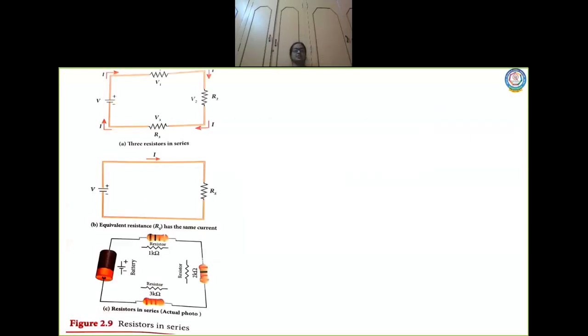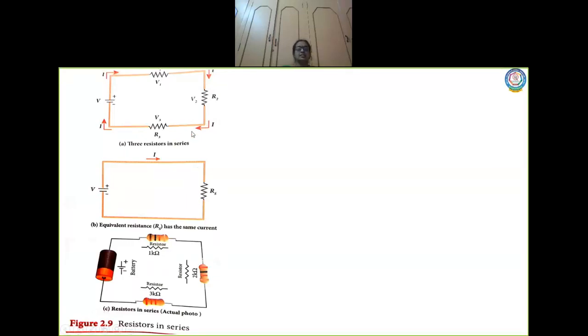Look at this diagram, children. There are three resistors. Look at the first diagram. In this first diagram there are three resistors. Here is resistor R1, here is resistor R2, and here is resistor R3. So they are connected in series. Here one end of the resistor is connected to the other end. Similarly, this end of the resistor is connected to this end, and then it is connected to a battery. So all these leads are connected. This type of connection you call a series connection.